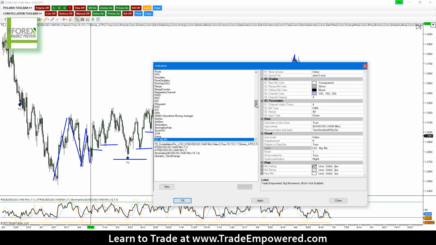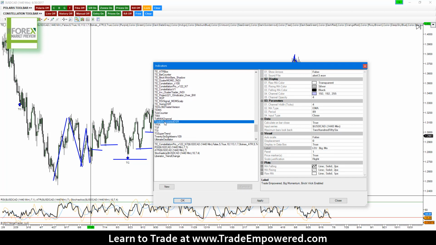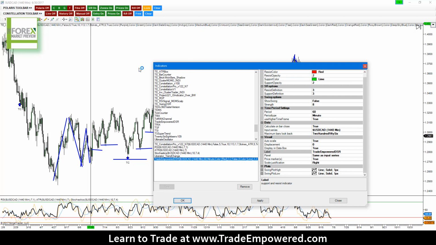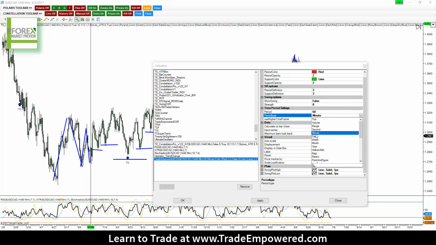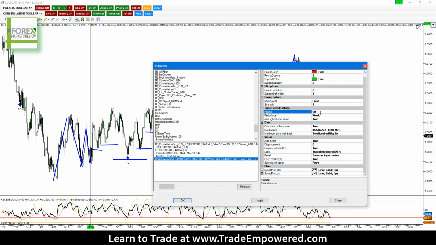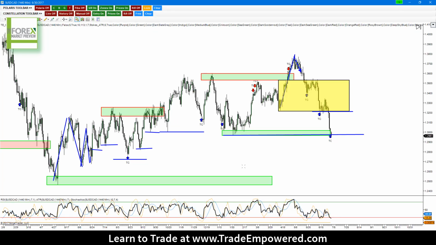We want to go to our indicator and find our dynamic support and resistance indicator right here, Trading Power DSR. Now, I'm sitting on a daily chart right now. So I want to go to a weekly time frame and set this to 1 week, because 1 week would be the higher time frame of my daily chart. This is going to give me a visual representation of the major levels of structure based on the weekly chart, and it's going to allow us to have a lot more confidence in our decision.